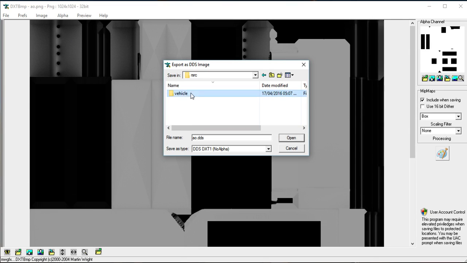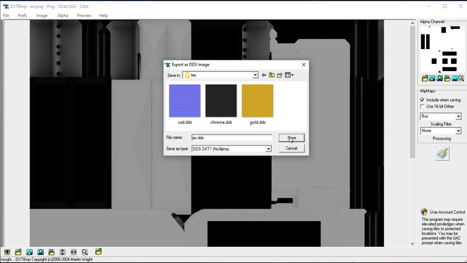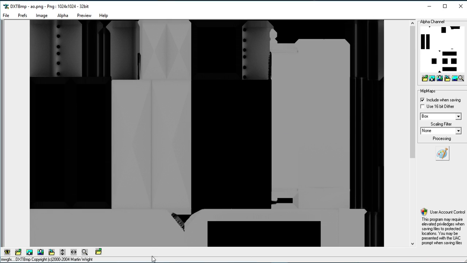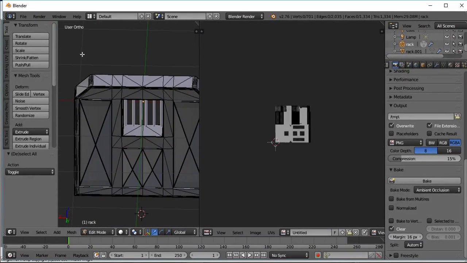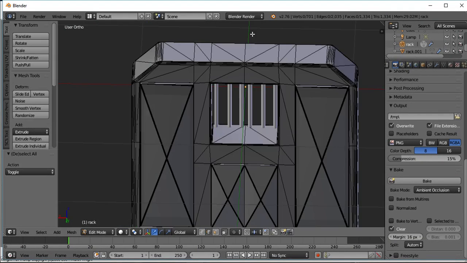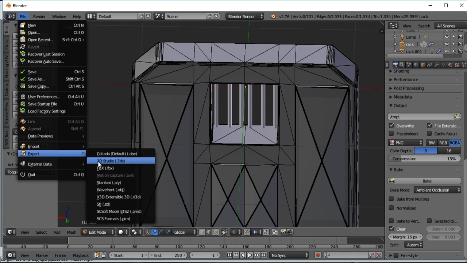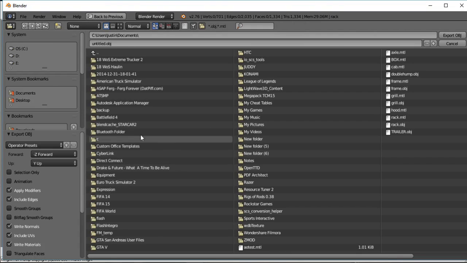Tools, RS, V control, upgrade Dan Clark texture, and save. Now, what we're gonna do now is we're gonna export the model as a Wavefront, or you can do it as 3ds, whichever one, but my favorite is Wavefront, and